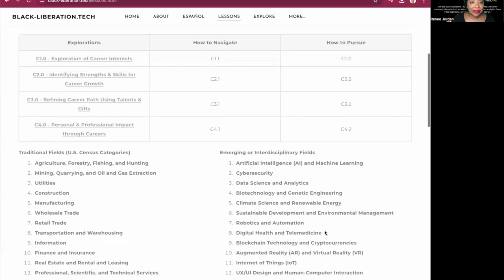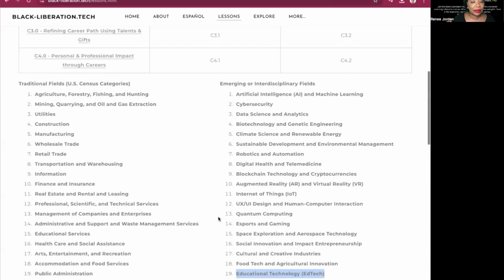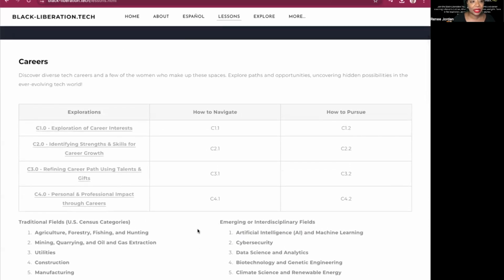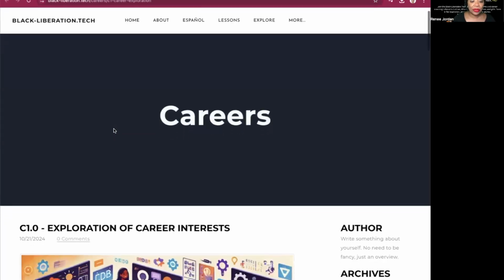So I have copied out my fields. And so now I'm going to take a look at the exploration. Once again, I've built out these 4 lessons, and I'm going to start with this first one. The purpose of this is to get some scaffolding. So someone can start at lesson 1, but there are people who might look at lesson 1 and say, I think I want to move on from this. So the first lesson,